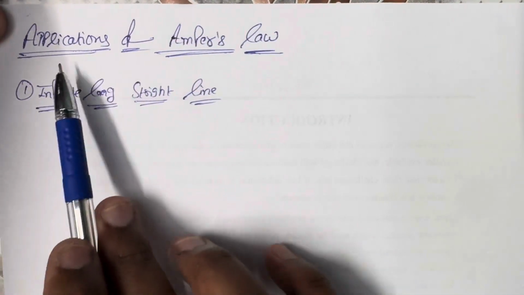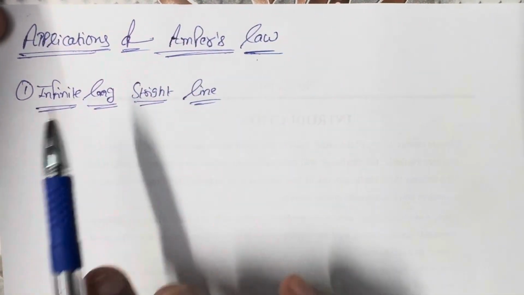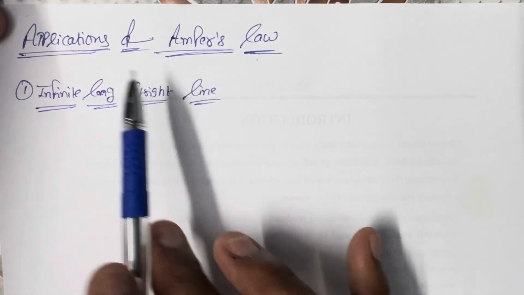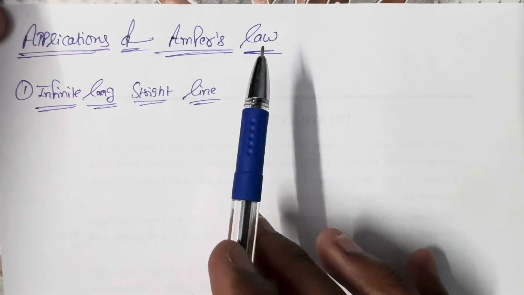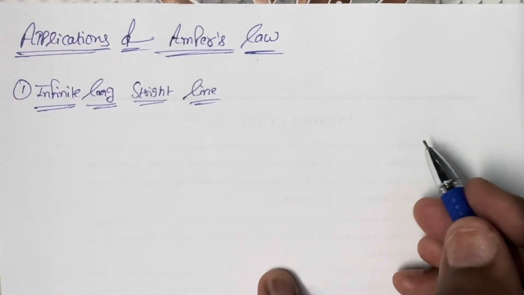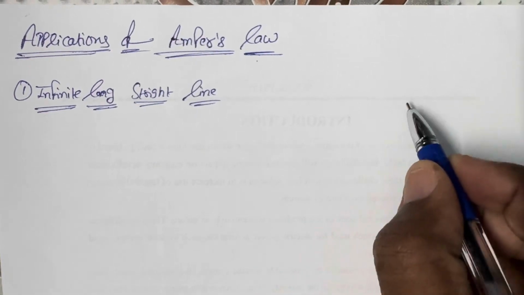Here is the application of Ampere's law. First one is the infinite long straight line. Application of Ampere's law to an infinite long straight line. That means when we consider a coordinate system